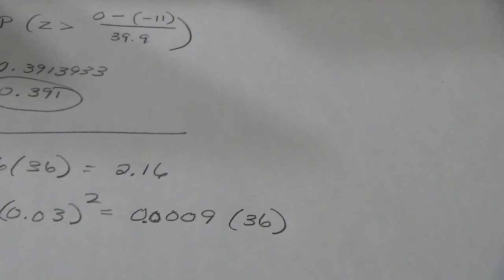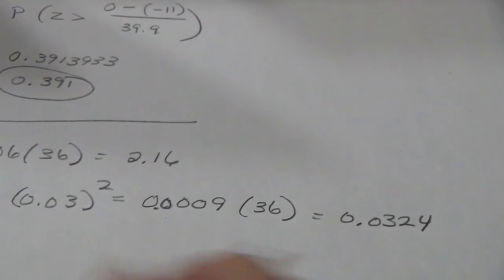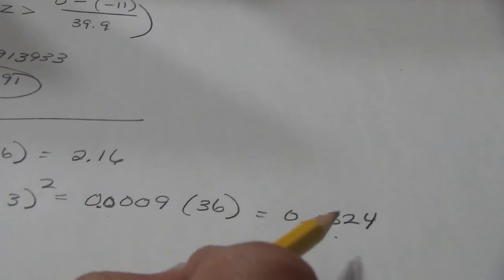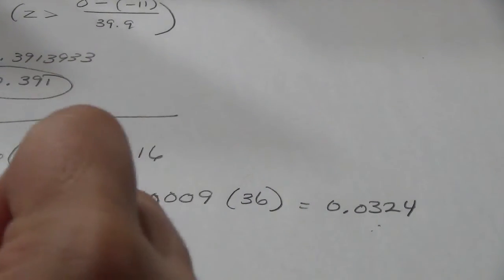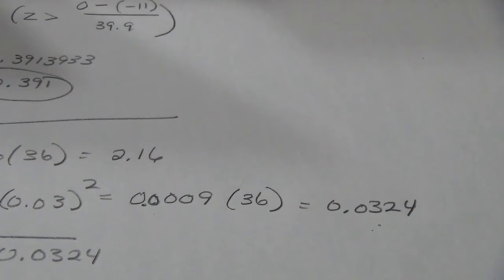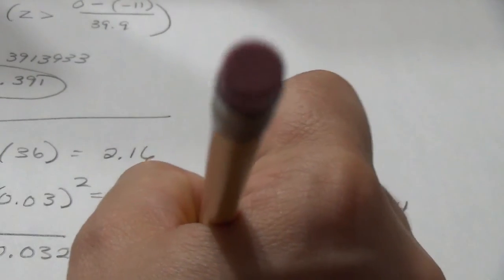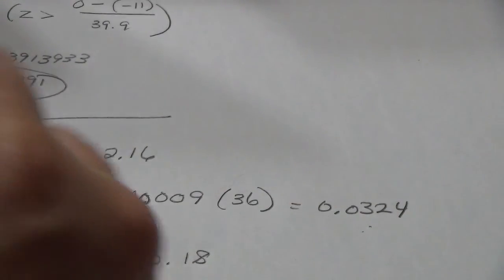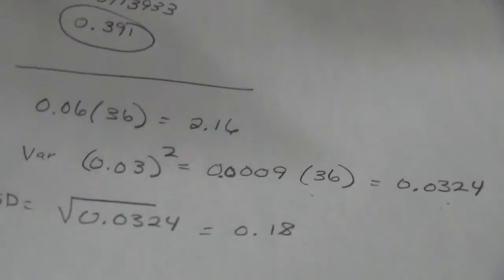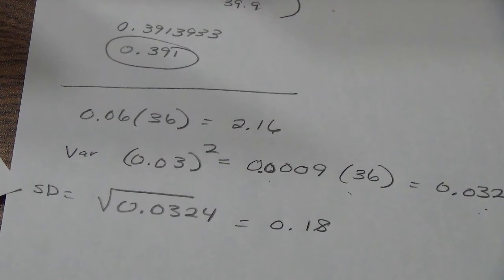Multiply that by my 36. And I am going to get 0.0324. Again, I want the standard deviation of that number. So since this is my variance, I'm then going to do the square root of 0.0324. So the square root of that number ends up being 0.18 for my standard deviation for all 36 attempts. Okay, so now that I've done those background calculations, now I can worry about my probability